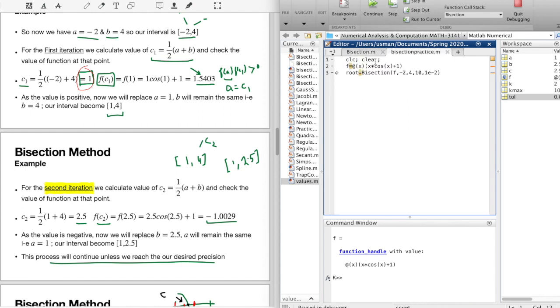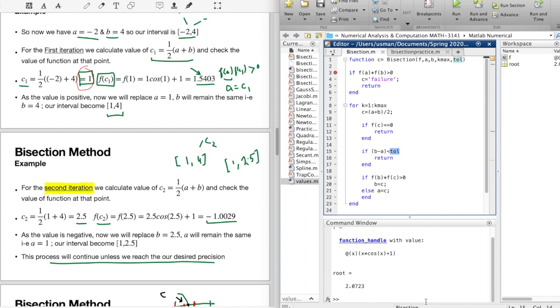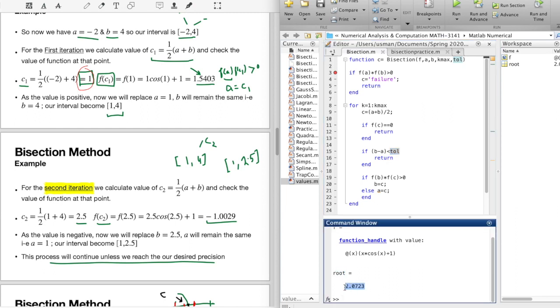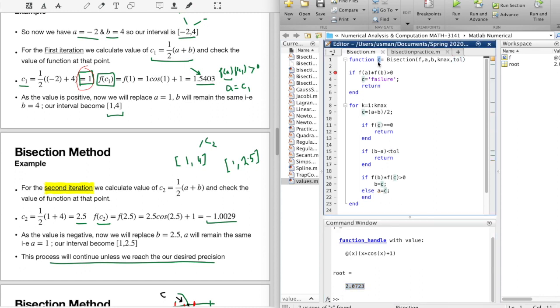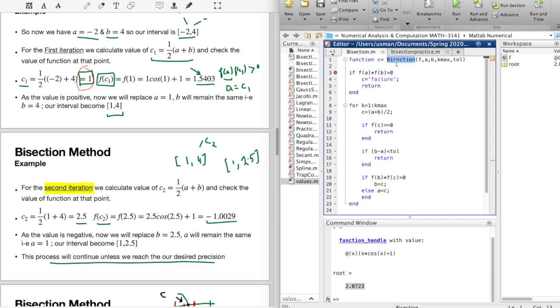So if I continue and do not move in steps, you can see the c value, which we call the root, is 2.0723. The main thing to notice here is that our function, the bisection function, returns only the c value, which is on the left side of the equation, and we have to call it with the same name as we defined. If we are calling the bisection function, it should be called with the same name,